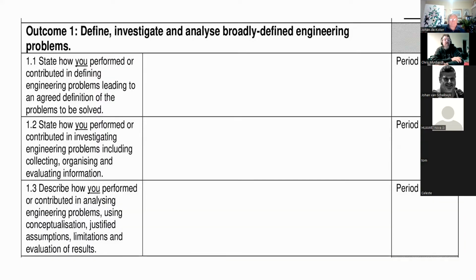So if you look at what comes out of your application form for the engineering report, it says outcome 1: define, investigate, analyze broadly defined engineering problems. There you see state, which is define. There, state how you performed and investigated. And describe how you performed or contributed to analyzing the engineering problem using conceptual, justified assumptions, limitations, and evaluation of